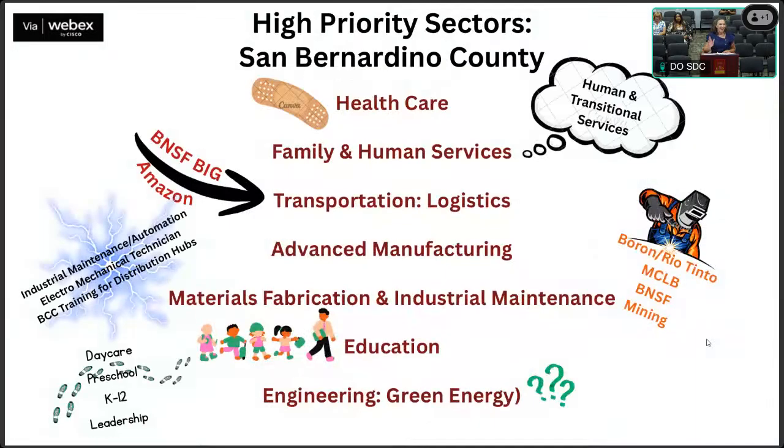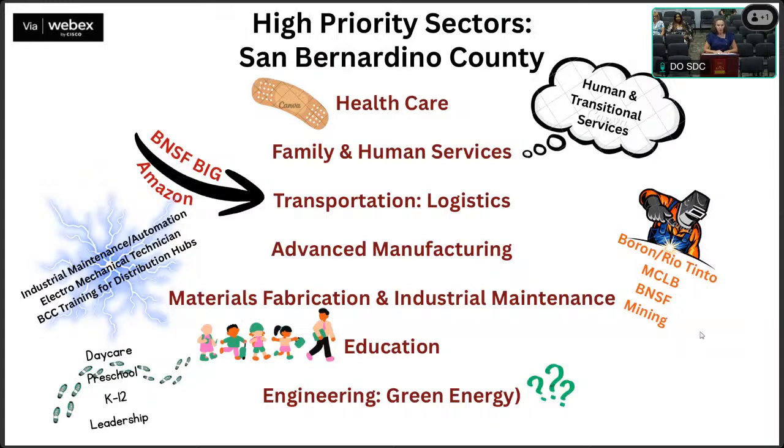And next slide, please. These high demand sectors within San Bernardino County are areas to watch too, because of course within grant funding, these are high need areas. So they're going to be extra pointed in terms of grant allotments. These following sectors are identified as San Bernardino County's key areas of growth with resources and grants dedicated toward them. So they are healthcare. So we think about nurses and various technicians and all skilled professionals within healthcare. Family and Human Services, all we need to do is think about our Transitional Assistance Department at East Main there and think about the number of jobs that are coming in there.